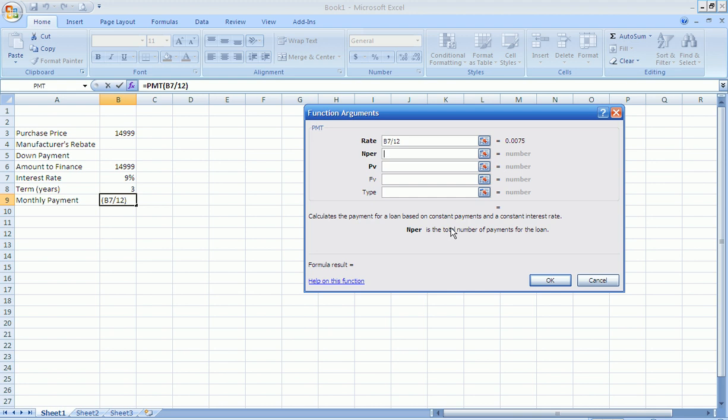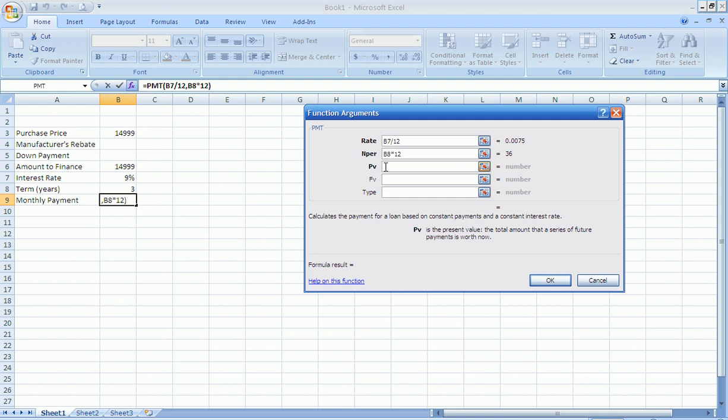So we wanted to pay for it for 3 years, but now this is years, and we're figuring a monthly payment. So this one needs to be multiplied by 12. So we divide the rate by 12, and we multiply the number of years by 12. A lot of this you could do in your head, but actually do the formulas like this so that you can put in